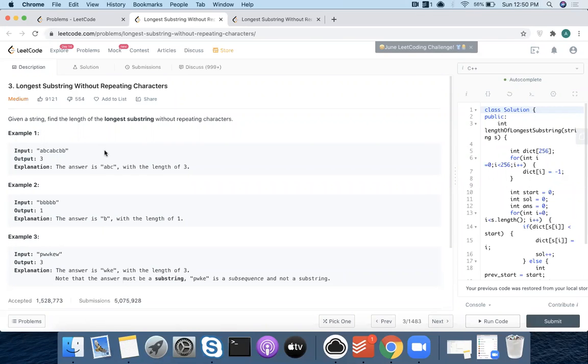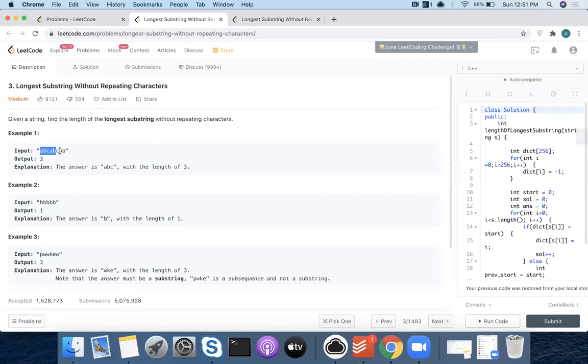Let me tell you what the flaw in brute force is, which you can use to reduce the complexity. The flaw is that you are generating everything. Let's say I analyze the string A, B, C, A, B, and I know that there are repeating characters here.